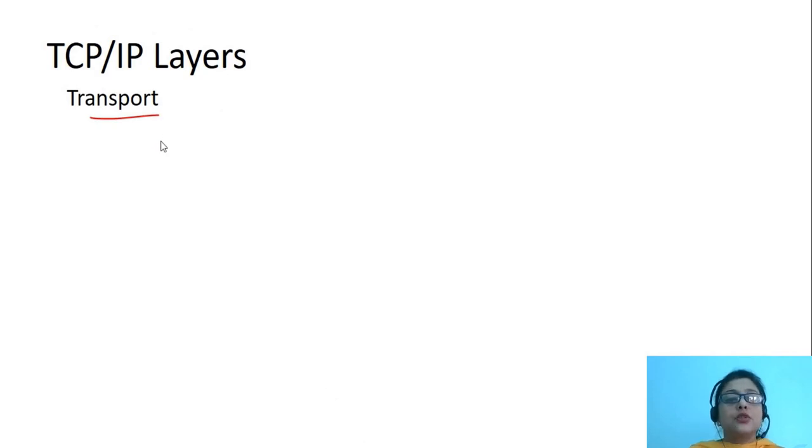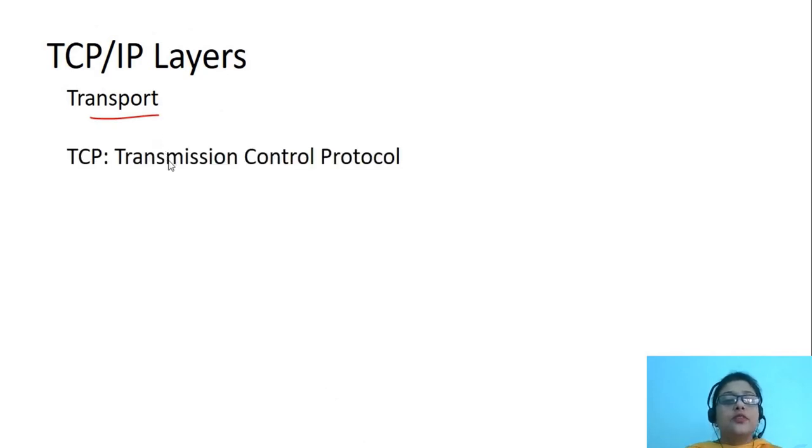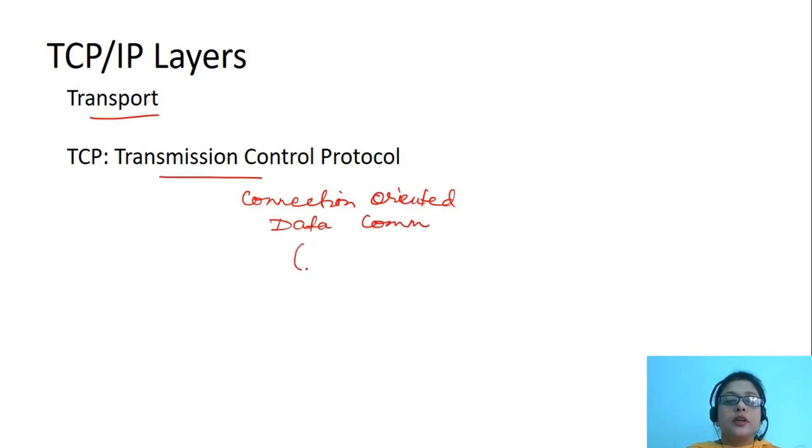Next, we come to the transport layer. Transport layer has two protocols. One is known as a transmission control protocol. This is a connection-oriented protocol and mainly used for data communication between two entities, sender and the receiver. Now, this is a reliable